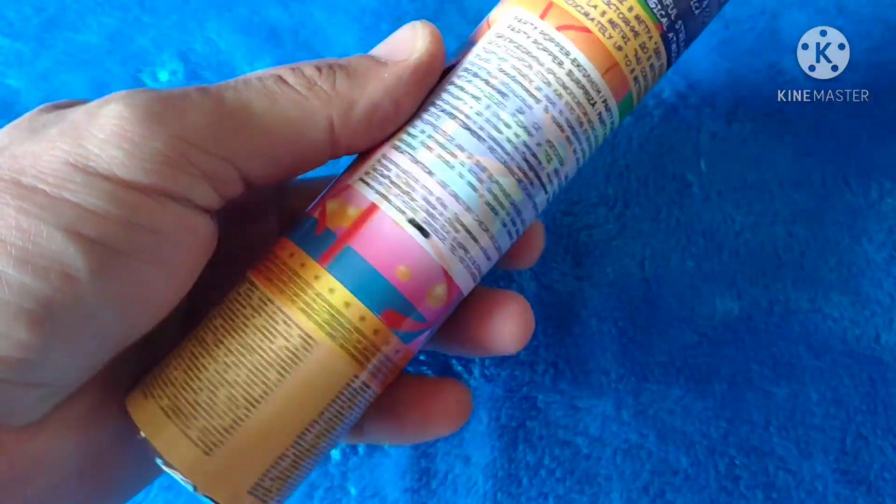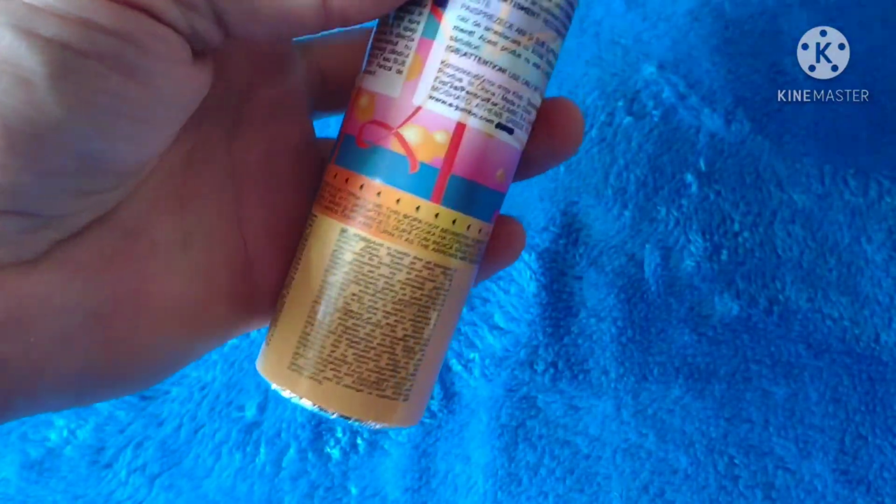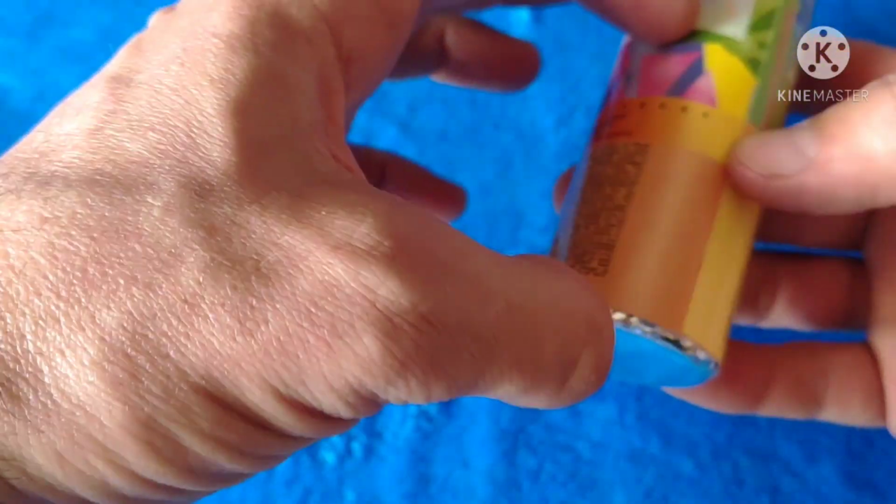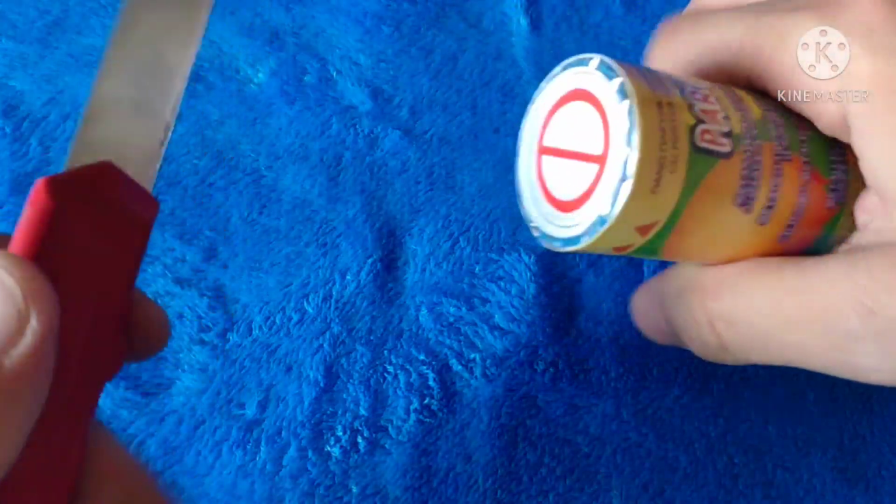This is the smallest party popper that I found in my local shops. It's less than $1. So what's the idea? Inside there's an air cylinder that propels the confetti. So what we're gonna do, we're gonna cut it,